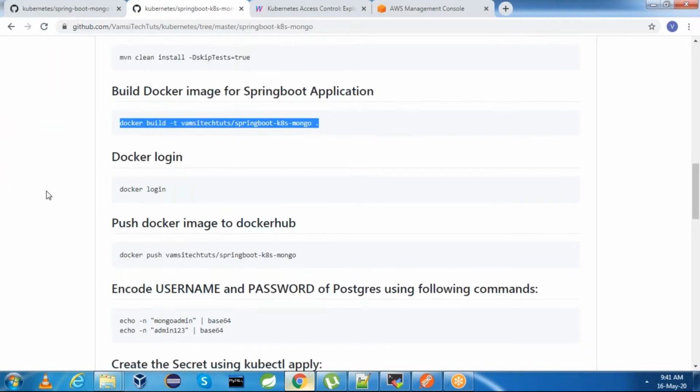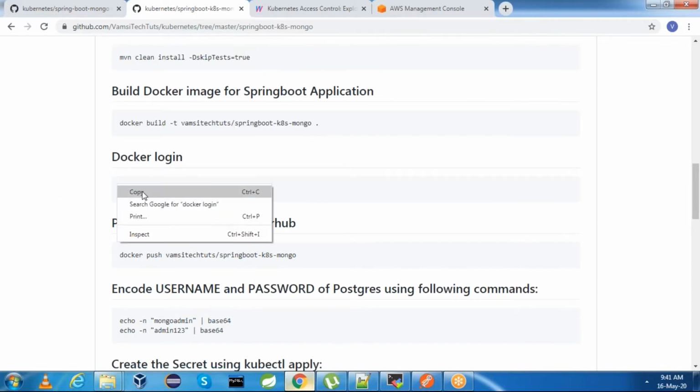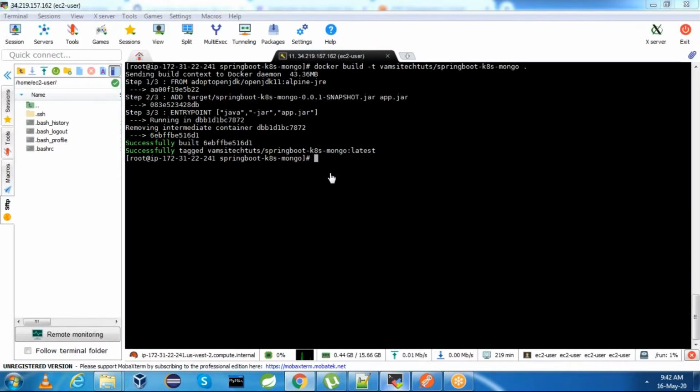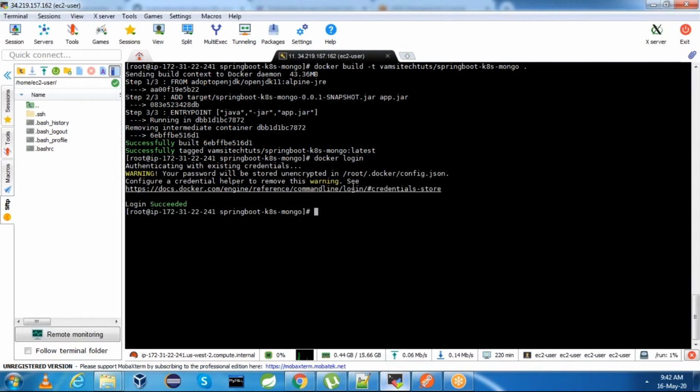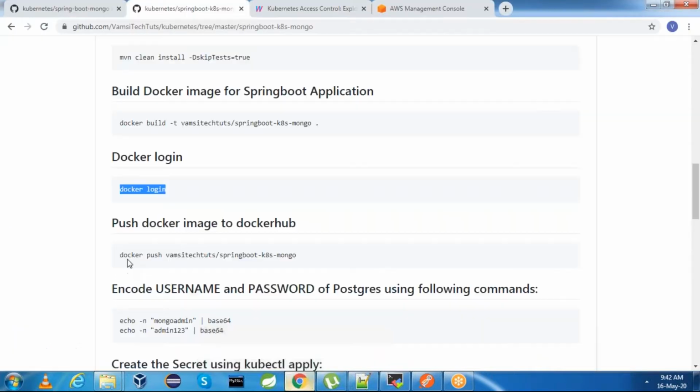Done. Next, you need to log into Docker Hub. I am already authenticated. In your case, you need to give username and password.